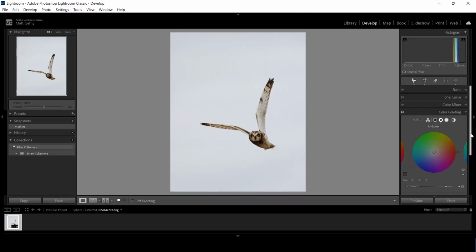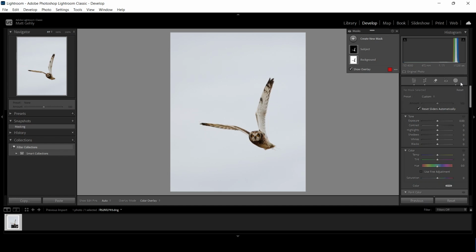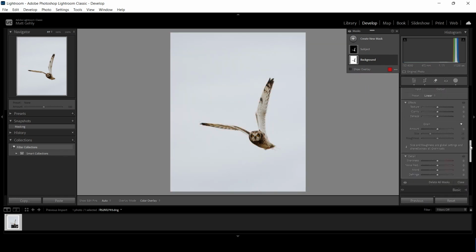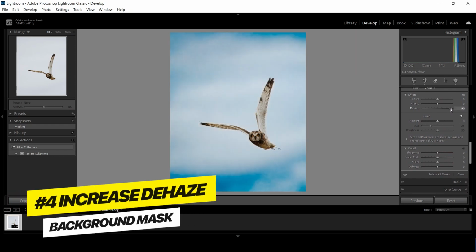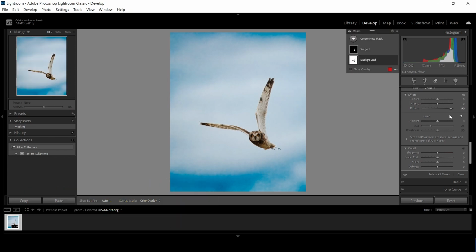So with our midtones now raised, we're going to go into our mask and we're going to select our background mask. And I'm going to take the overlay off so we won't see that anymore. It won't be in the way. And we're going to slide down here in our background mask and we're going to bump up dehaze, and we're going to raise it by a significant amount. So I raised it to 90 there, and you can see what it did. It found any kind of shadows that were in the image, and it made them blue, which looks absolutely terrible, but it lets us know where those shadows are at,